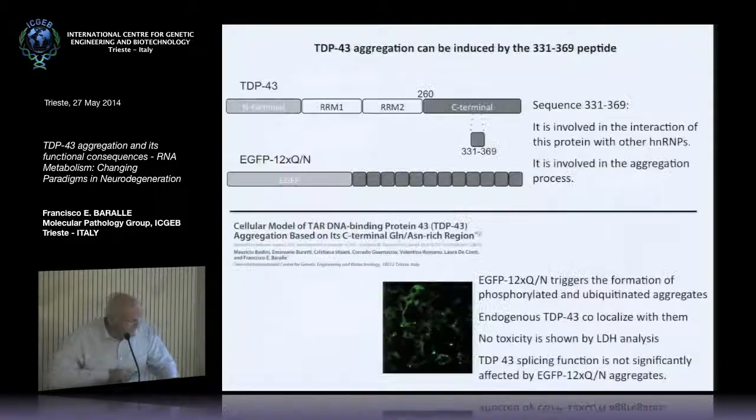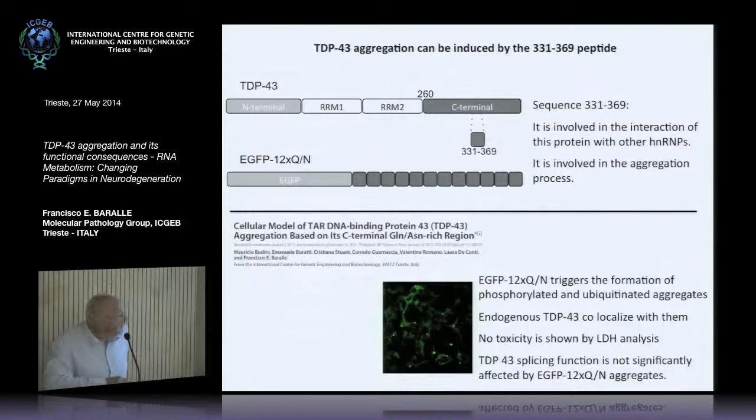So we tried to mimic that in cells, and we couldn't, until a postdoc realized that one copy was not enough. If you repeat that sequence, 331 to 369, more than 4 times, and you link it to GFP, you get aggregation